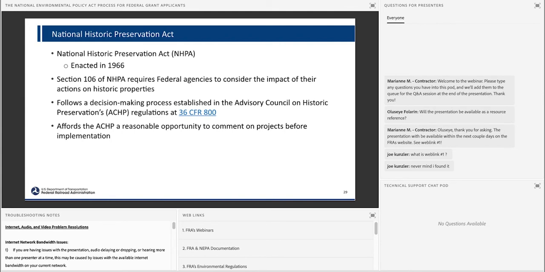Yeah, thanks, Andrea. So again, we picked these two out of the many different types of environmental laws and regulations that were under that umbrella in the first couple of slides. And largely we picked these two because they are the most common types of other environmental reviews that are associated with our railroad infrastructure projects. And in particular, the National Historic Preservation Act. I'm going to have just a handful of slides here, but really trying to provide a little more information because